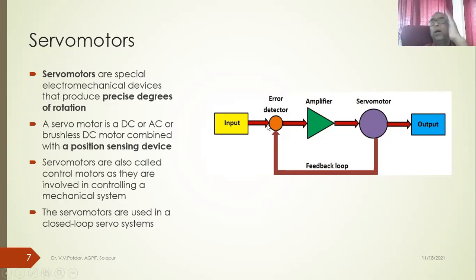Suppose I want a 30-degree angular position of a servo motor, and presently it is at 15-degree angular position. This 15-degree position will be sensed by my sensor transducer and sent to the comparator or error detector. My requirement is 30 degrees, and presently it is at 15 degrees. So an error of 15 degrees is there.